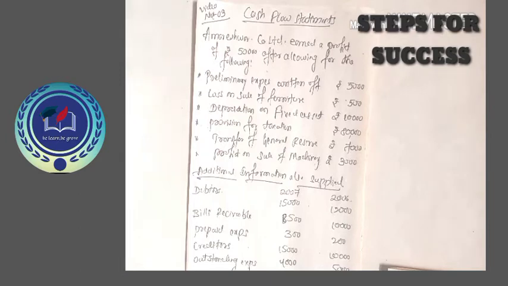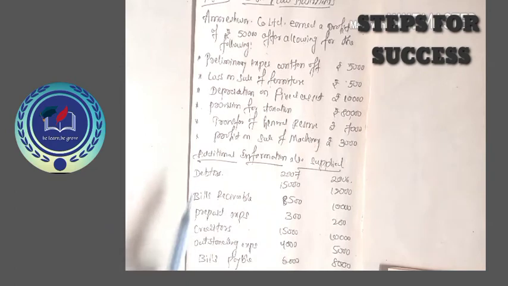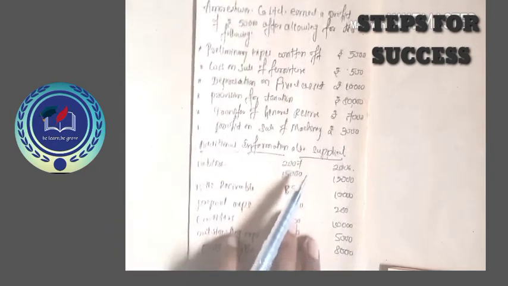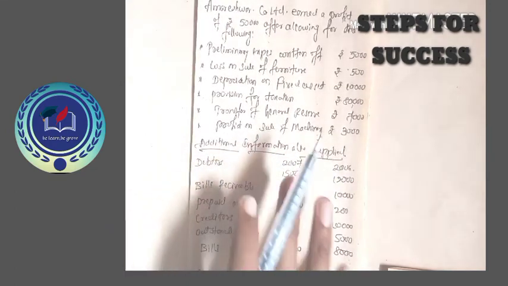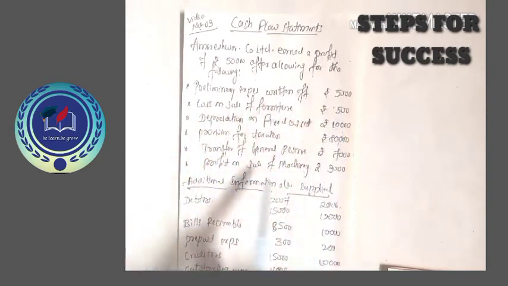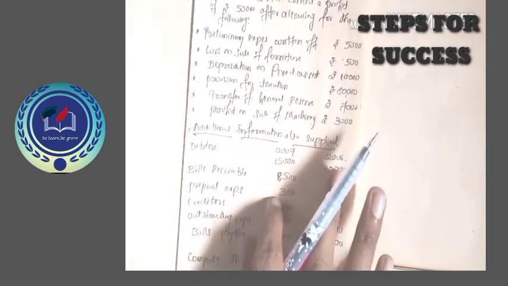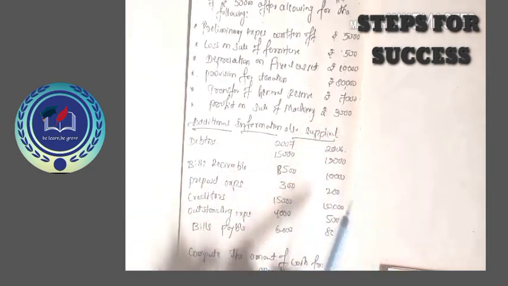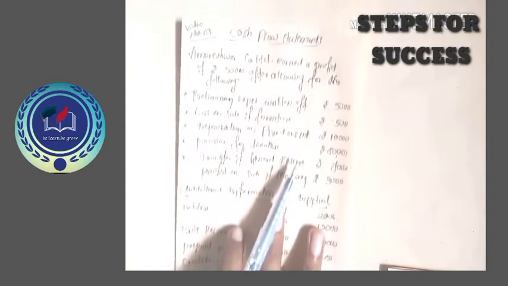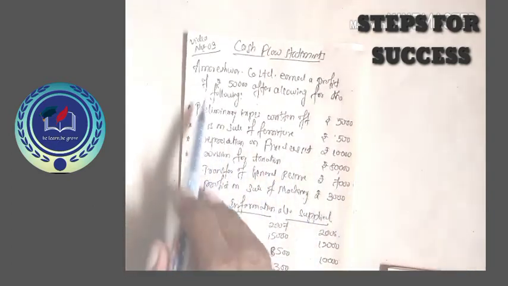In this question, we are also making a cash flow statement of management accounting. In this video we discuss how to make the solution for this type of question. This is a different type of question, because both additional information and main information are given. In this situation, how can we make the solution? This is a 15 marks or 5 marks question. So let's start the question.